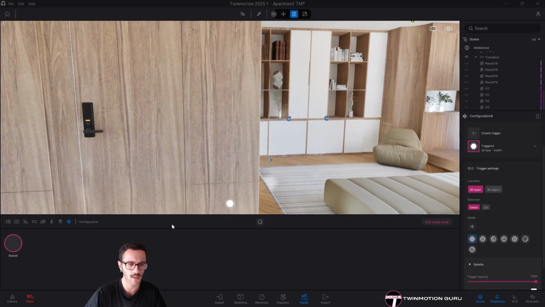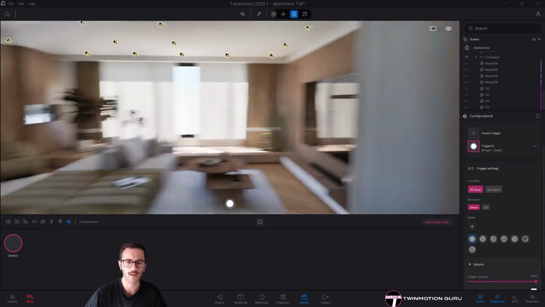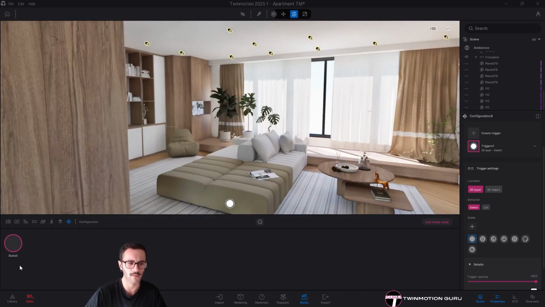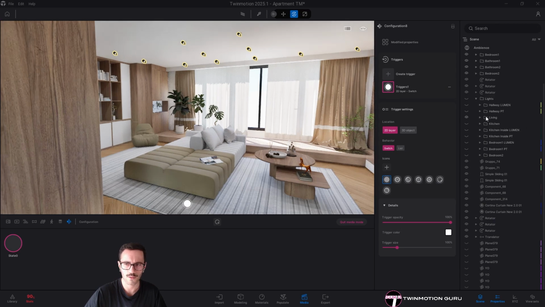So maybe from here, I can create a specific state with all the lights off, and another one leaving the lights on. So I just switch it on and then create another state. So the first one with the lights off and the second one with the lights on.